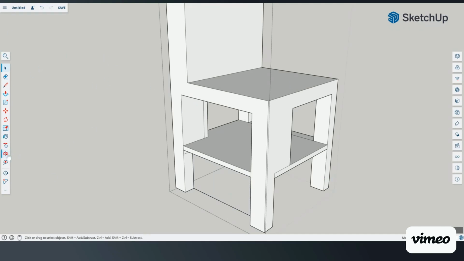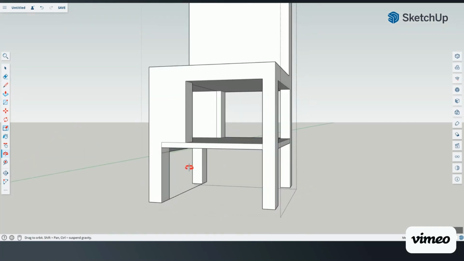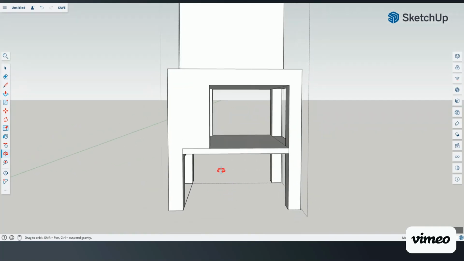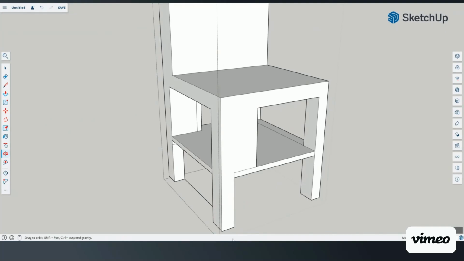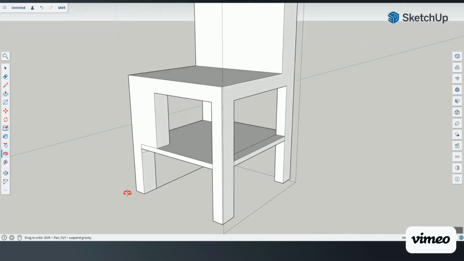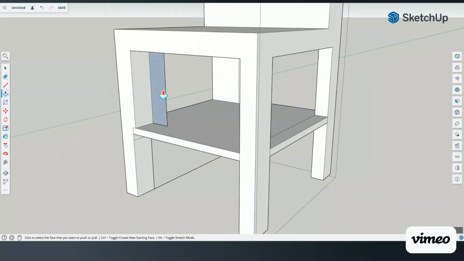Now, I do want to notice the one item that turned out incorrectly is this top line. That's because when I did the push-pull, I need to stop at where my legs end. If something like this happens, you can still go back and use your push-pull to take it back. You just would have to